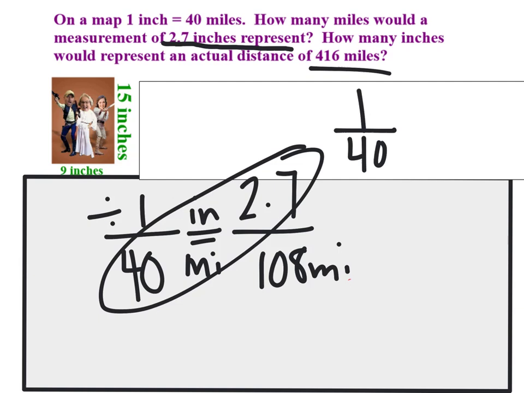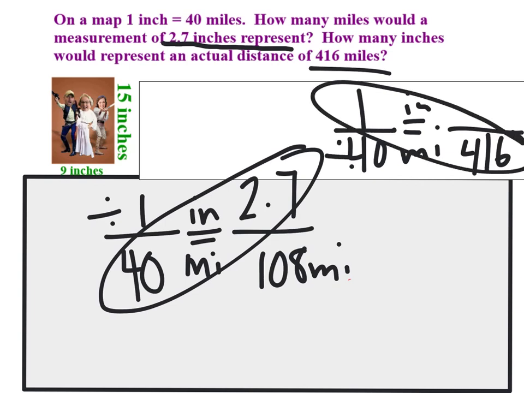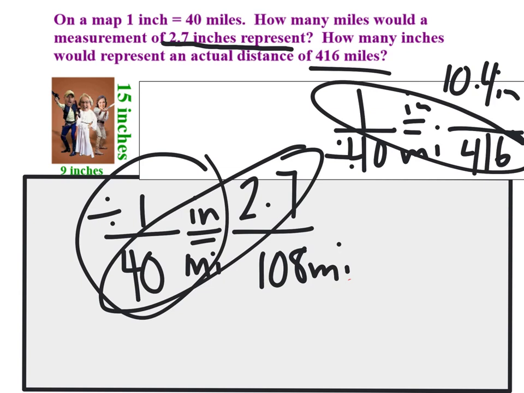1 over 40, that's inches over miles. And then it wants to know how many inches 416 miles would be. So you're ready to set that up and multiply and divide. And your answer would be 10.4 inches. And what you might notice is this thing is set up. Once we have the scale, it's set up to change any amount of things on this map, either change from change to actual or change back from the actual